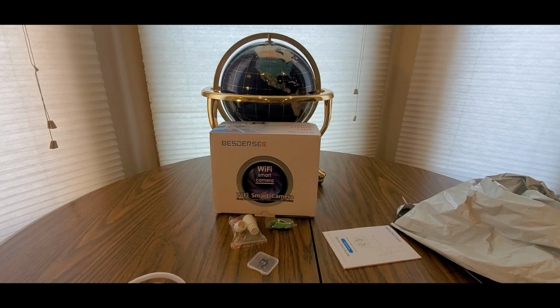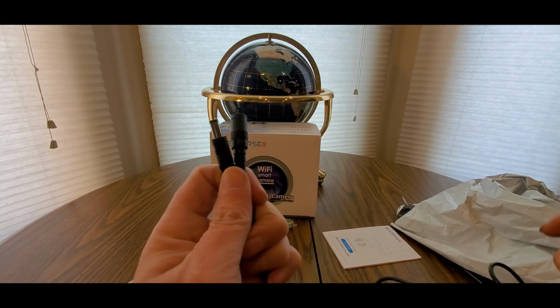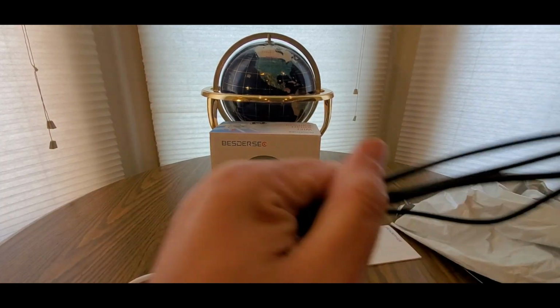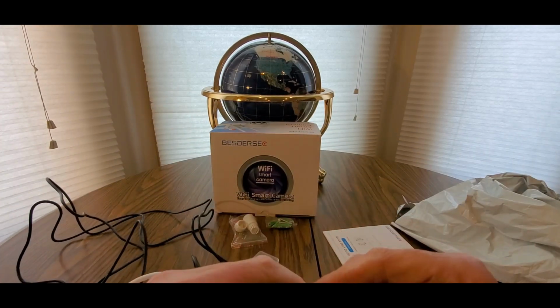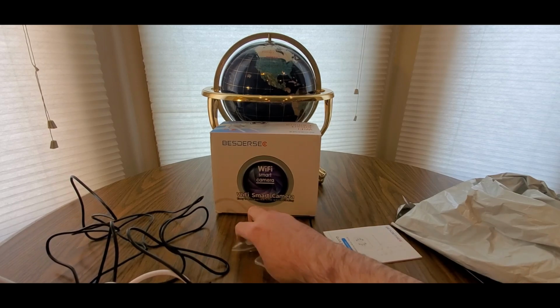Oh yeah. Alright. Oh, this is a long cord. So this is a nice setup for an outdoor indoor cam. I think they're under $100 or around $100, so really affordable right now. They got a sale going on, so you know, click the link. So that's pretty long right there. You've got to plug it in here. Oops. Like I said, I'm gonna do outdoors, so